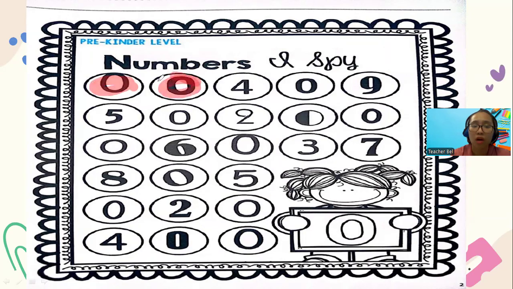And let's find all our zeros in the bubble. So do you think I am done? We have all the zeros, not yet. Let's color some more. Color all the zeros. Let's finish coloring them inside our bubble. Are we done already? Not yet. Let's finish coloring some more.